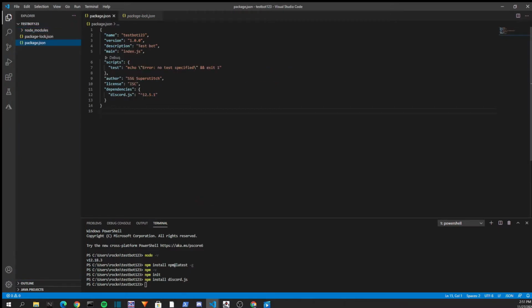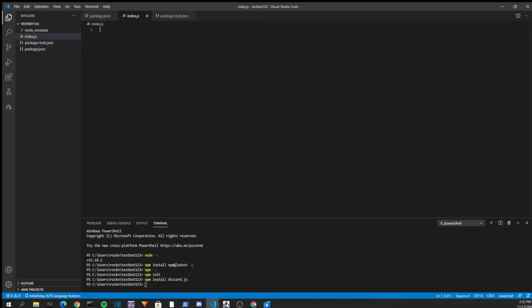So now, since it said index.js, you can make a main.js. We're gonna create a file called index.js. And now we're going to do const Discord equals require, and then discord.js. So that means if we put Discord, it's going to look at discord.js through the modules. And now we're going to create another file, and this one's going to be